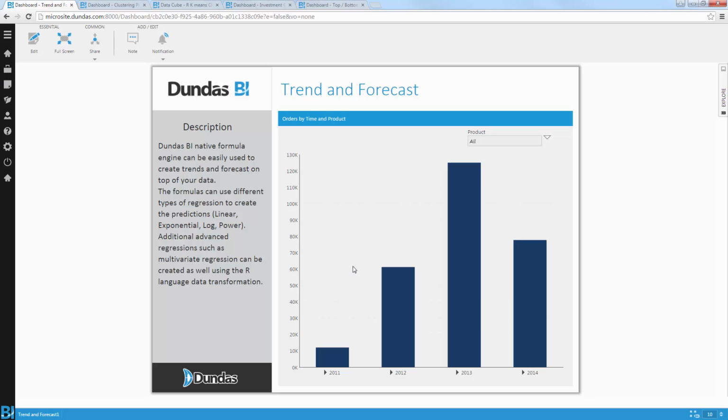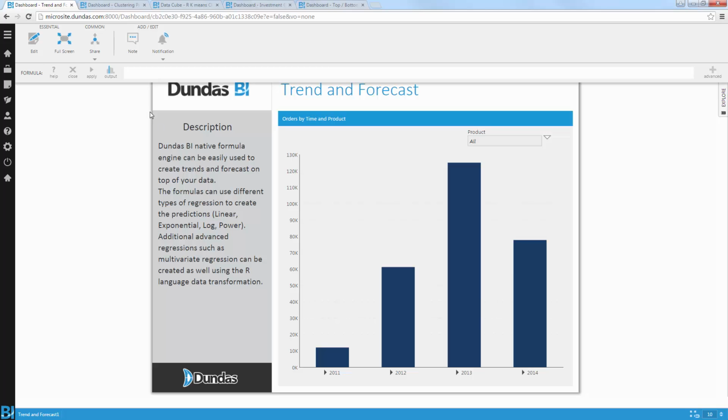And let's say I want to now get a prediction how this data is going to behave in the future. I can right-click my bar and use the data tools. And under the data tools, you'll see different options to further analyze data. For example, the ability to add a formula expression, which is exactly what I want to do here. So I'm going to use the add formula, and you'll see a new formula bar here at the top, maybe similar to the way you'll be designing expression in Excel.